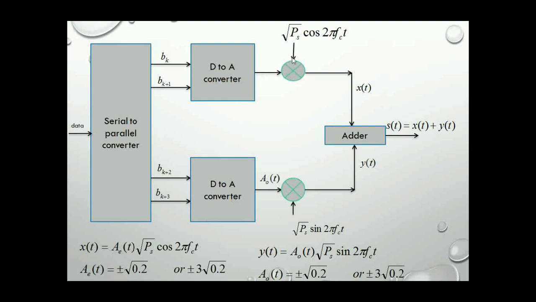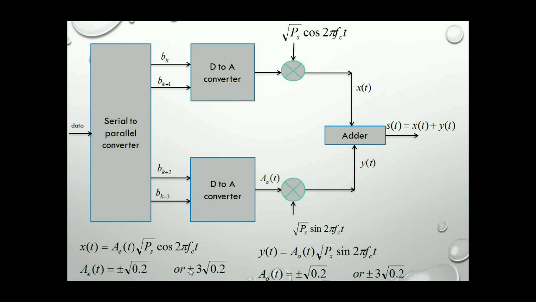The other input to the product modulator is square root of Ps cos 2 pi FCT. So the output of the product modulator is X of t, which is equal to AE of t square root of Ps cos 2 pi FCT, where AE of t will be equal to plus or minus